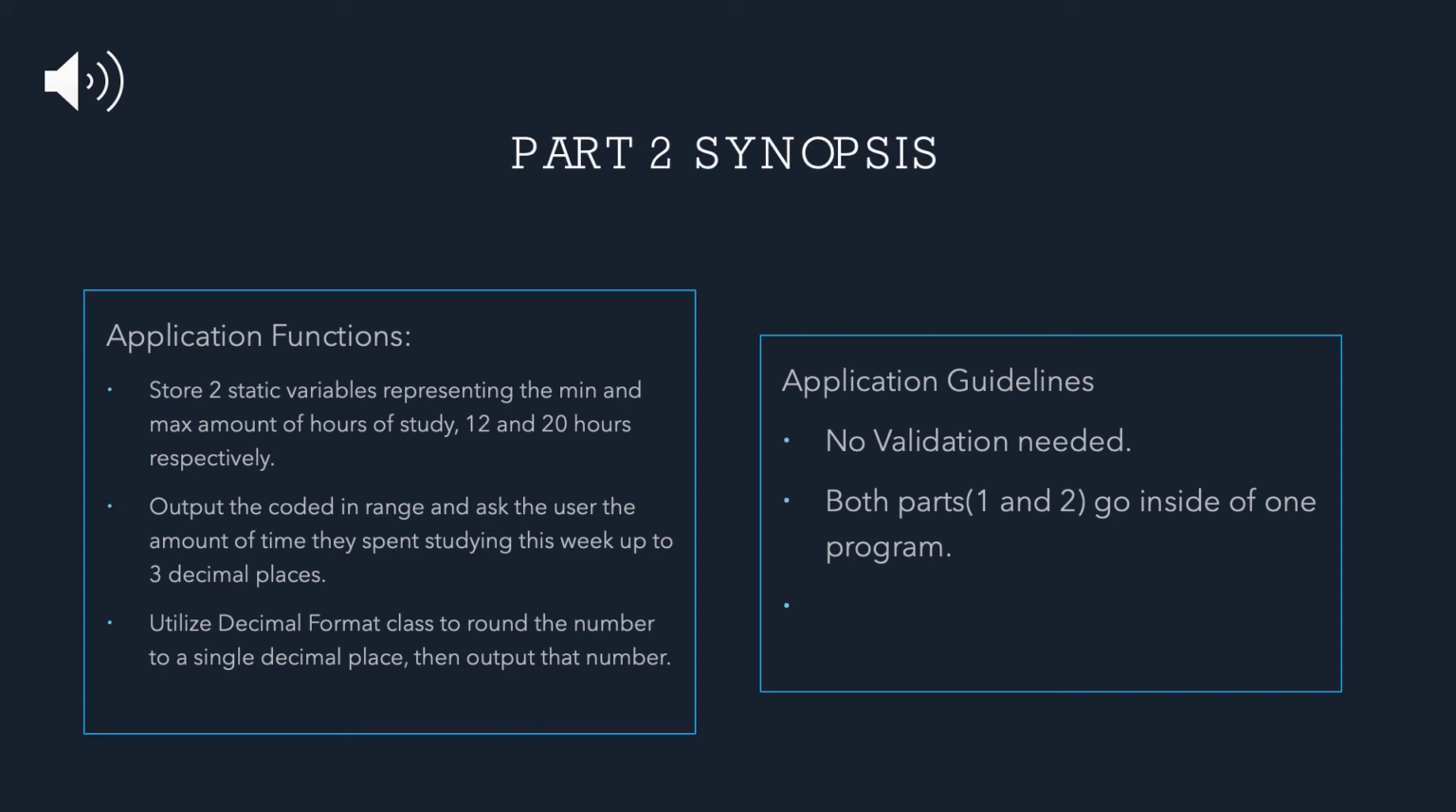First, we're going to be storing 2 static variables representing the min and max amount of hours of studying. In our case, it will be 12 and 20 hours respectively. Next, we will be outputting the coded in range, because the user is not going to be the one inputting the 12 and 20 hour minimum and maximum amounts. It is going to be the programmer. We will be asking the user the amount of time they spent studying this week